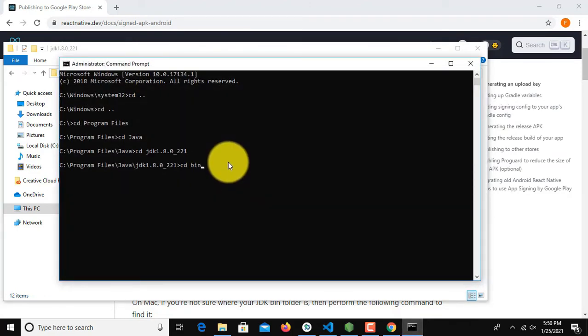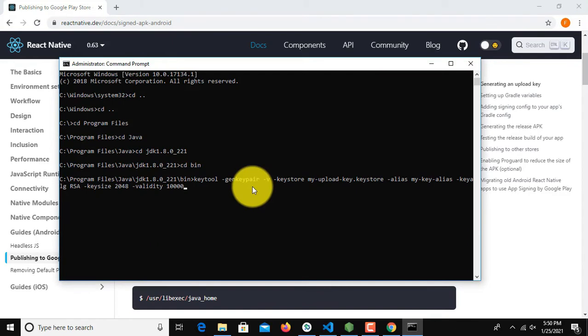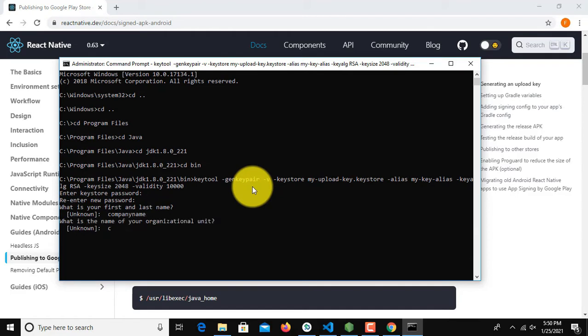So move into the bin folder and copy the keytool command from the docs. After copying the keytool command, paste it into your bin folder and press enter. Here you need to fill some details and your password. For publishing your app on Play Store, keystore plays a very important role. So remember your password, the organization name you will enter and the name of your keystore, because if you lose it once and you haven't entered the same details, you won't be able to update your app on Google Play Store.